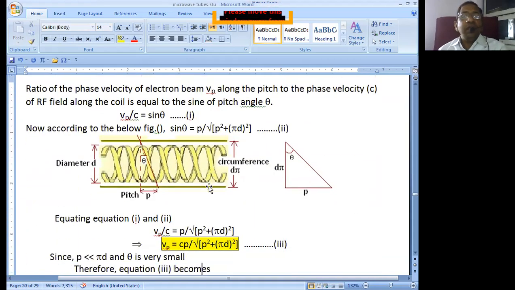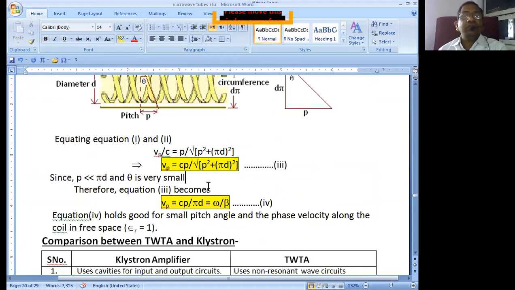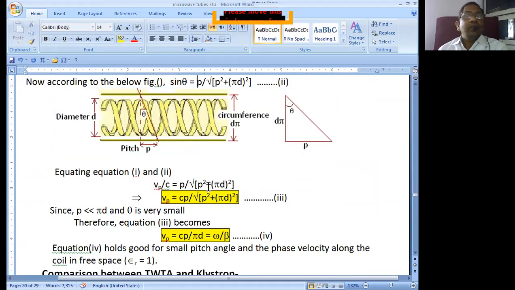Now, when you take up the helix, what are you going to have? Let us look into this. From the peak value of the helix to the next bottom value of the helix, if you draw a line, it forms some distance here, and forms some angle theta. When you draw it here, the circumference is equal to pi d, and this is going to be p. As I'm drawing this triangle here, the pitch angle is theta.